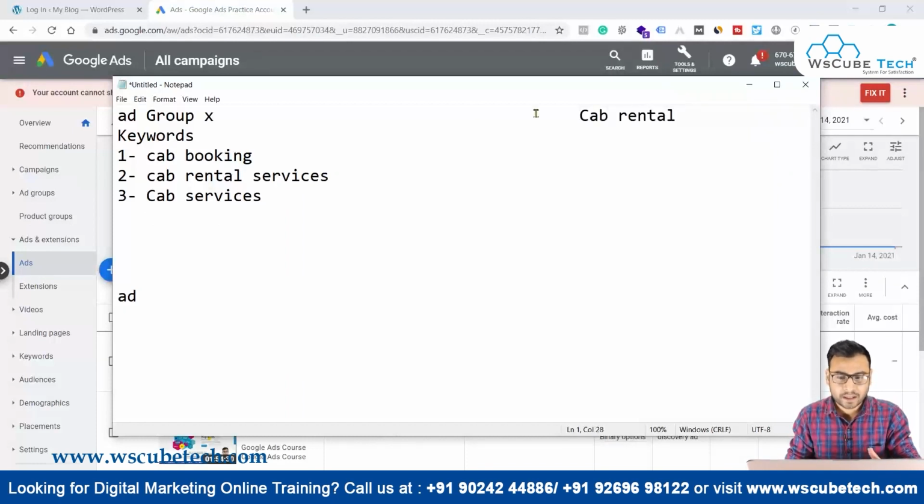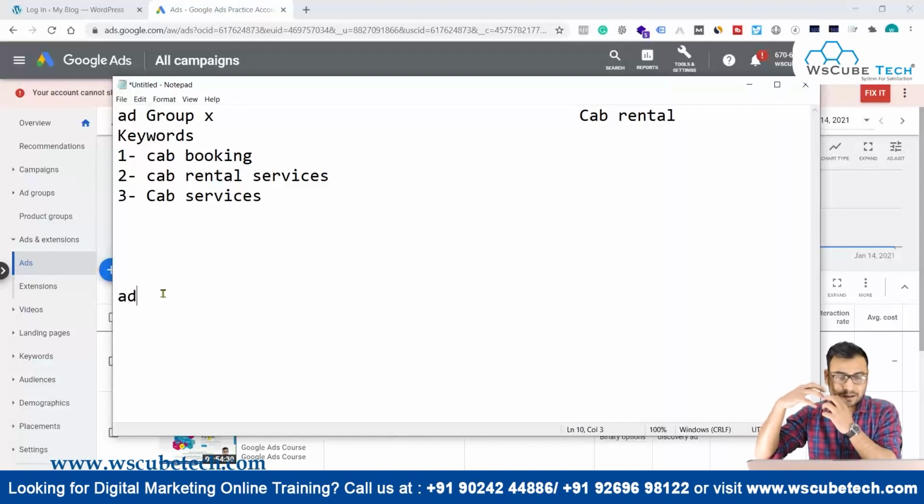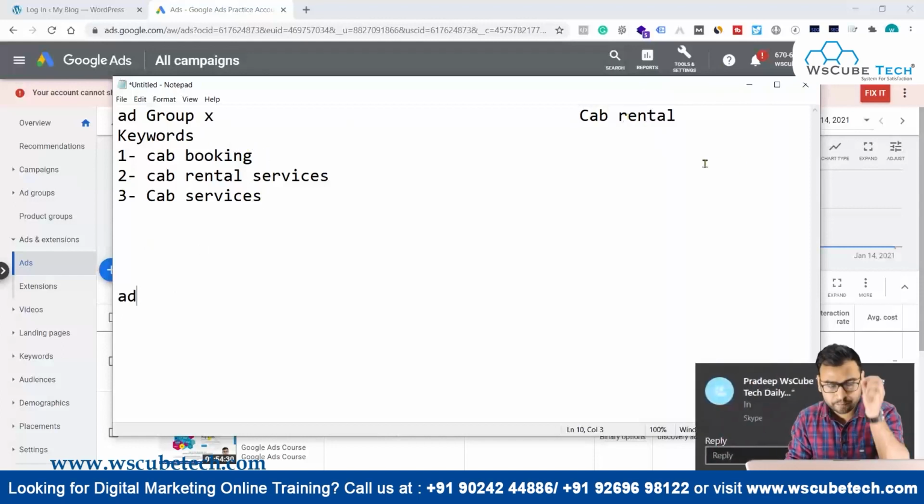Now a user comes to Google search and makes a query related to cab rental. If our ad is eligible to show, depending on the situation that our ad rank is good, then one of these keywords is responsible for triggering this particular ad. Whenever our ad is shown, or gets an impression, it is because of these keywords, right? Whenever the user's search intent maps to the keywords present over there, it will map to only one keyword, right?